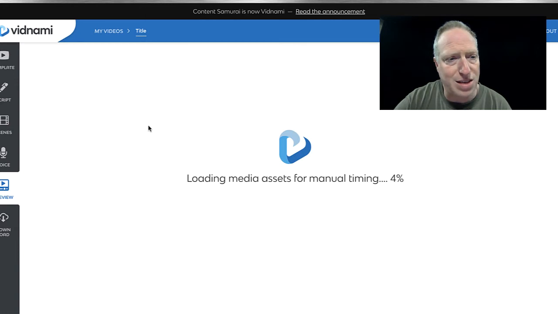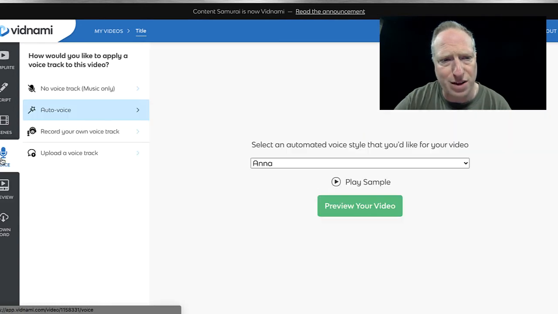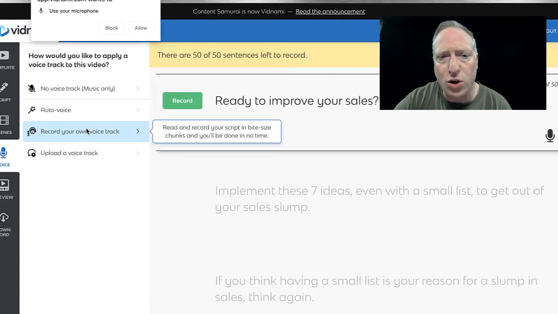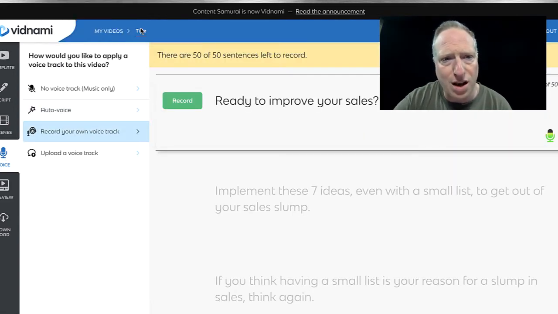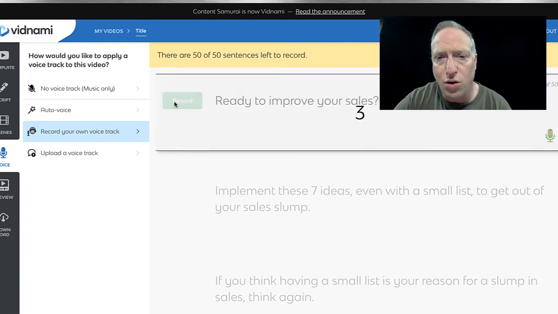And then the other option is, I should actually show you how the voice option works here. Let's see if I can override this. If I want to record my own voice, I have to allow this microphone, and then you'll see I actually can just hit record, say these words, and then it'll move on to the next thing. So it does a little countdown.